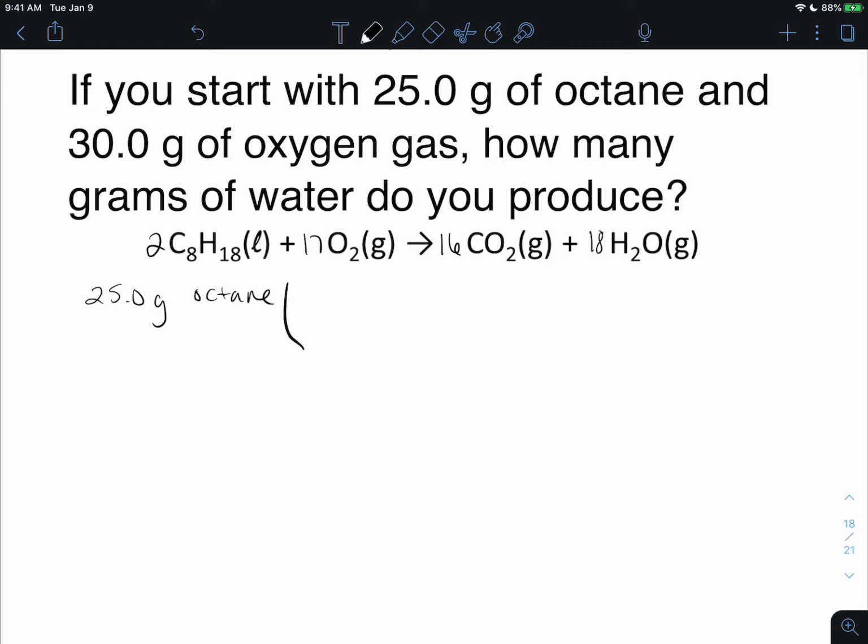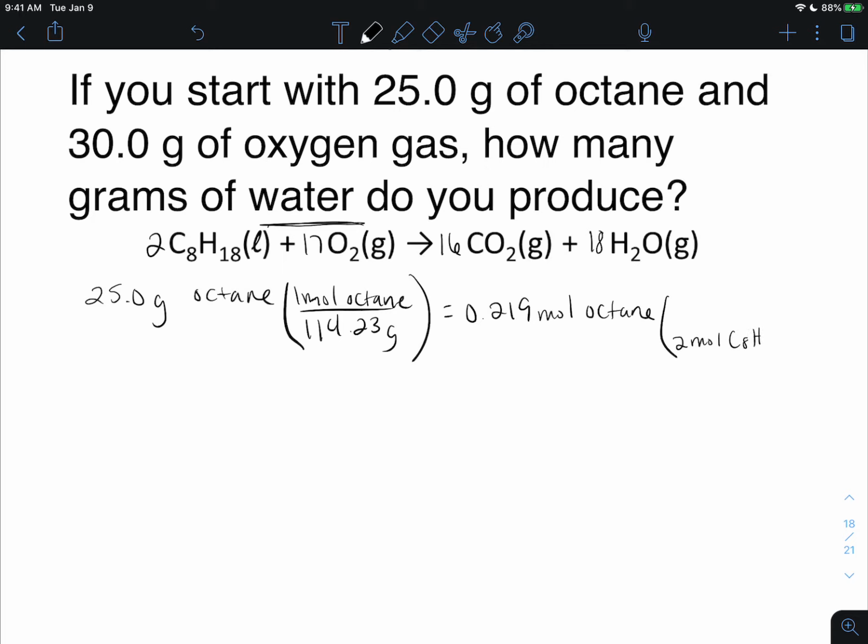And when we calculate the molar mass of octane, it is 114.23 grams per every 1 mole of octane. So we'll take our 25 divided by 114.23, giving us 0.219 moles of octane. And then we want to convert this into water because that's what it's asking for. So for every 2 moles of octane, we produce 18 moles of water. So divide by 2, multiply by 18, giving us